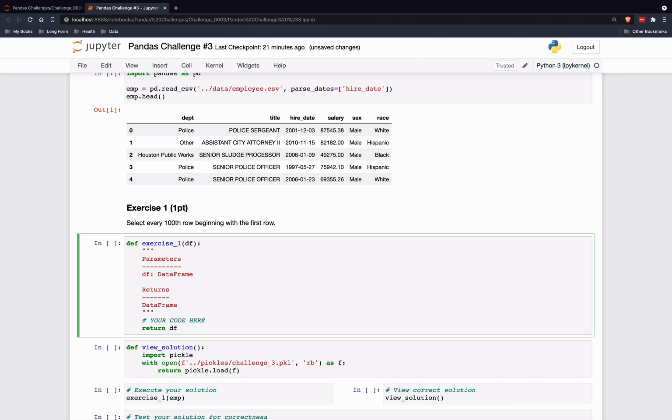So we'll take our data frame and do .iloc, which stands for integer location. So iloc gives you the ability to select by integer location, and then we're going to use slice notation here. So we're going to slice from the beginning to the end by every 100th row. Slice notation has three components: the start, stop, and step. The start would go here, but we're not starting at any specific location, so it'll just start at the